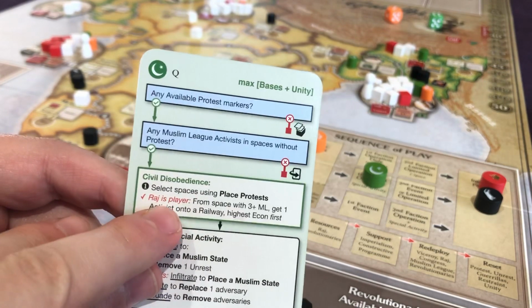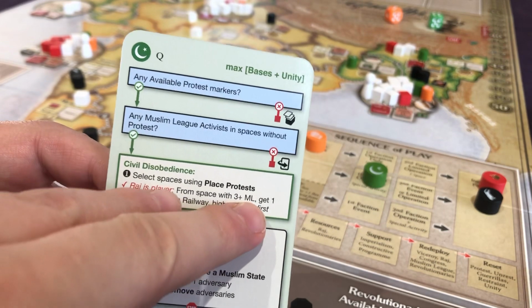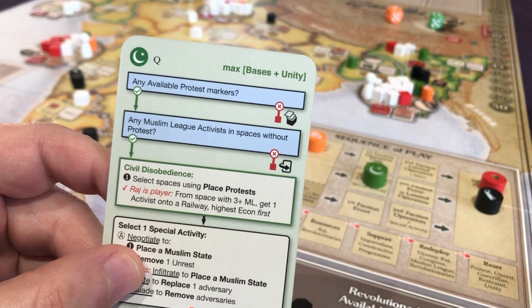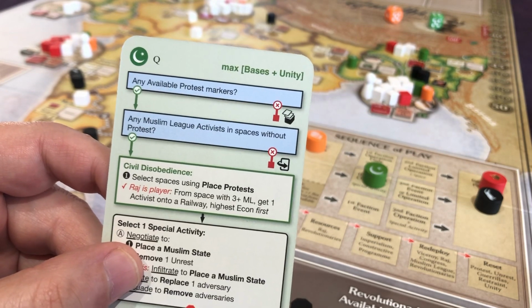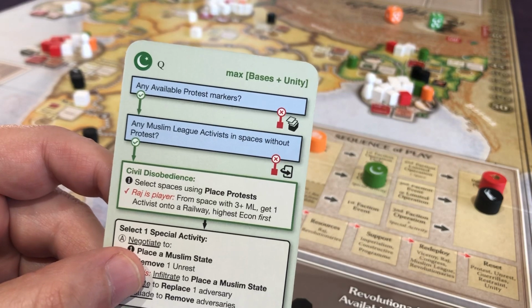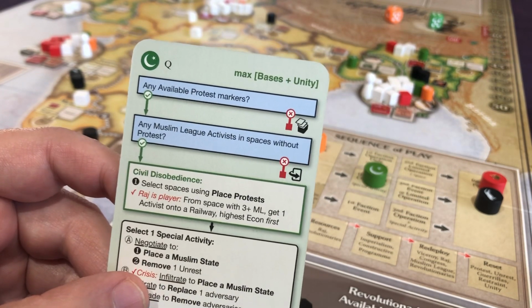And then if Raj is the player, which in this case it is, from space with 3 or more, and then ML stands for Muslim League pieces, get 1 activist onto a railway, highest econ first. There's not 3 or more in any of these. This is part of the AI's little wonky thing, but